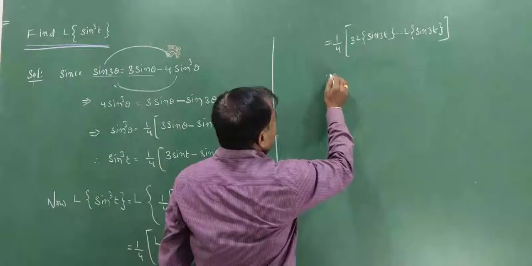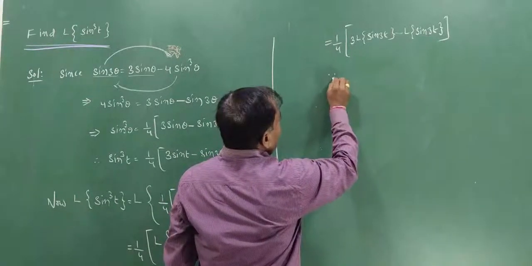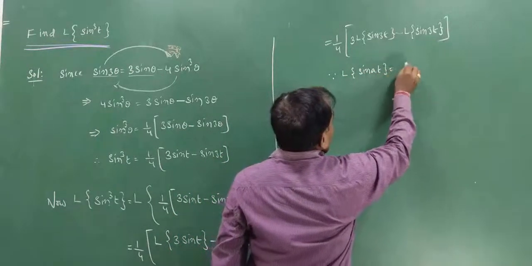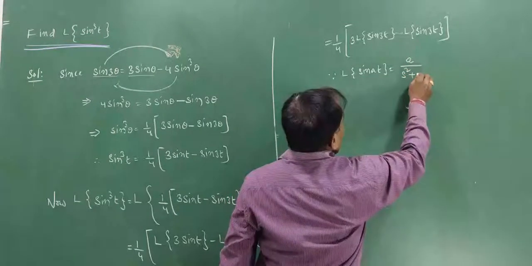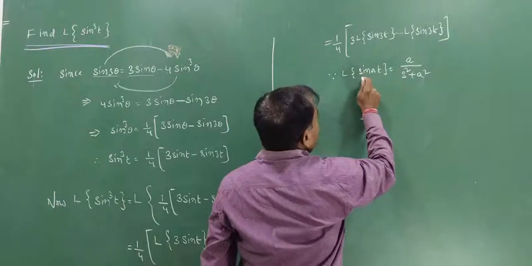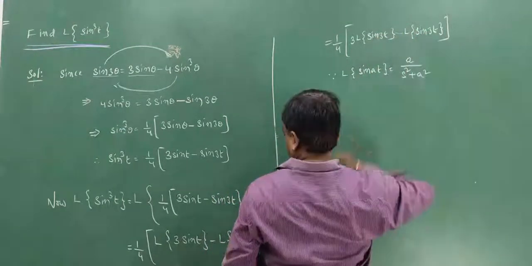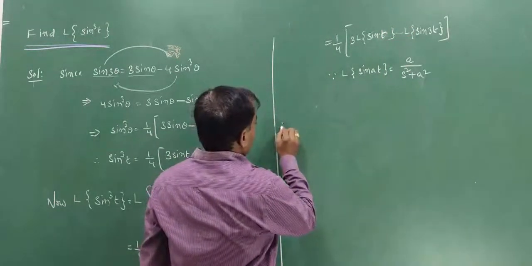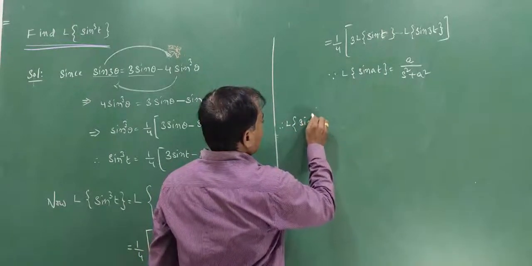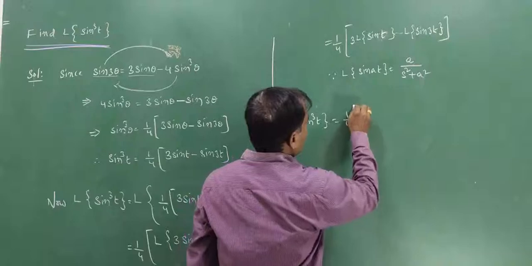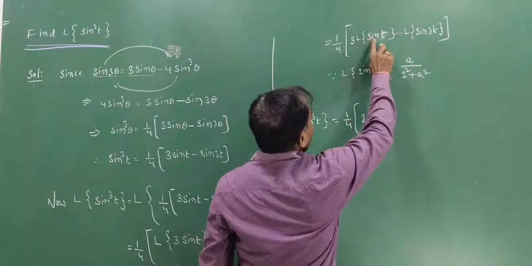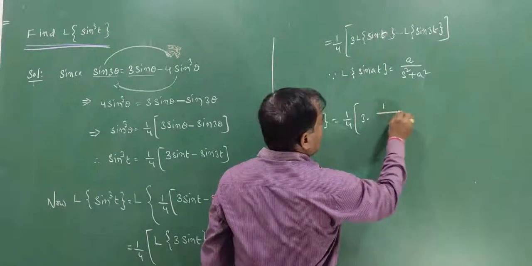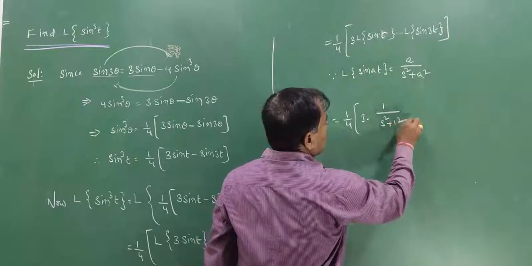Now since the Laplace transform of sin at equals a by s square plus a square, we apply this formula for the first term and second term. This is only sin t, so the Laplace transform of sin cube t equals 1 by 4 of 3 times the Laplace transform of sin t. What is a here? a equals 1. So that's why 1 by s square plus 1 square